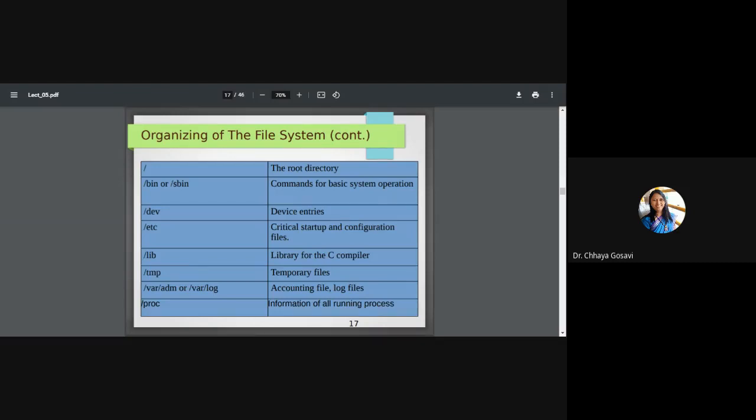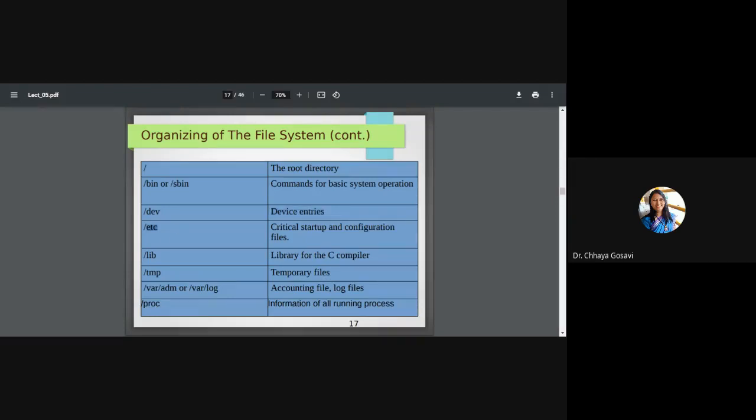So we have seen the file system in Unix. The topmost directory is the root directory. It is slash. Then we can have bin or sbin. Some Unix versions use the directory name sbin. These are for basic system operations. Commands used for basic system operations are stored in the bin directory. The dev directory is used for device entries. Whatever devices are connected to the system, all these entries are in the device directory.